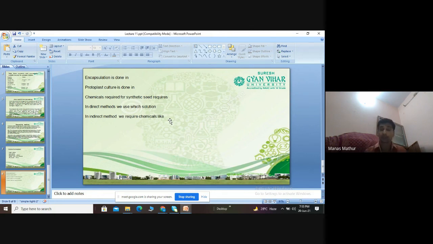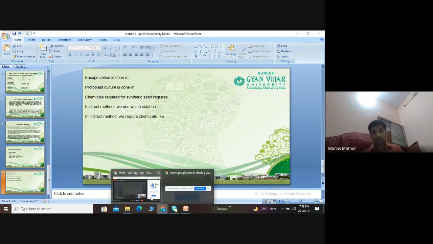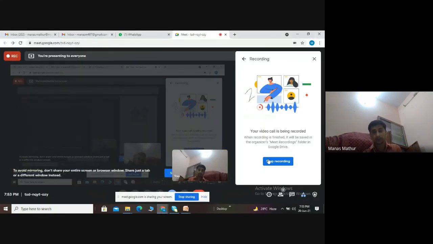Always we will obtain the protoplast in the form of pellet. That pellet we will wash with the sucrose solution or with the sorbitol solution, whereas the impurities will be pipetted out and removed in the form of debris. So this was a brief introduction about protoplast culture and a very small method about synthetic seed production. I hope you will understand by this PPT. So thank you very much.